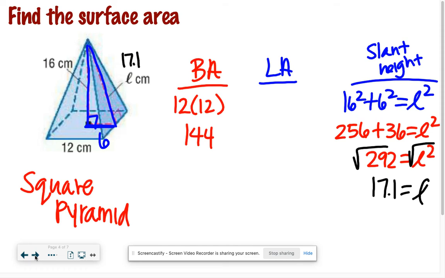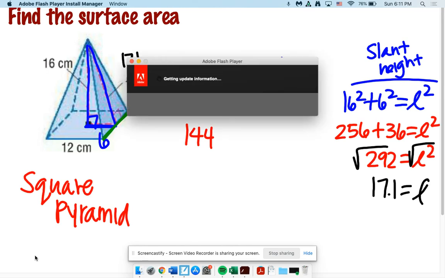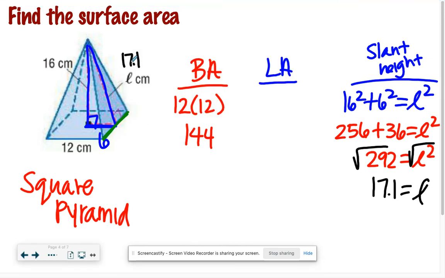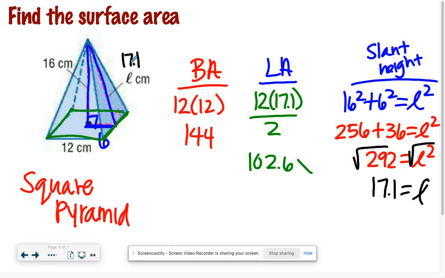So now we can plug it in. Our base of our side here is 12. We just found our slant height to be 17.1. And we'll divide it by 2 because it's a triangle. So if we crunch that out, we get 102.6. And how many triangles build up that pyramid? Well, there's 4 sides to my base, so I'm going to have to take it times 4 for a total of